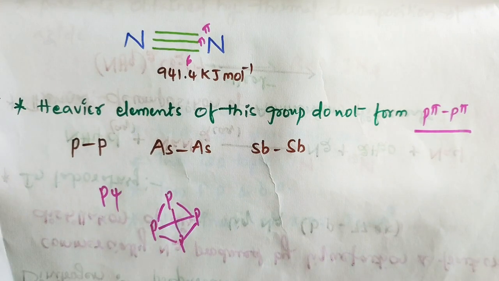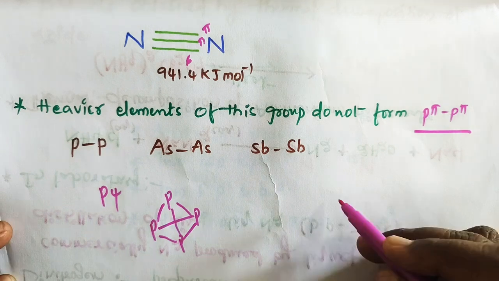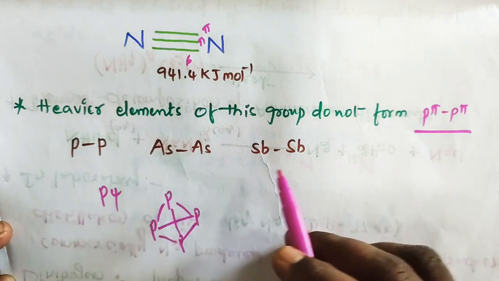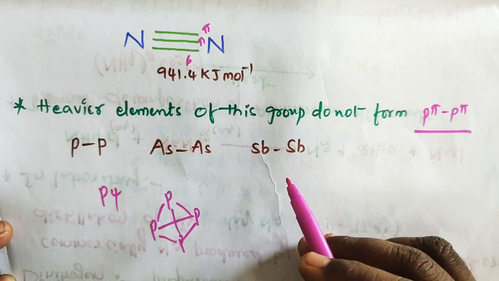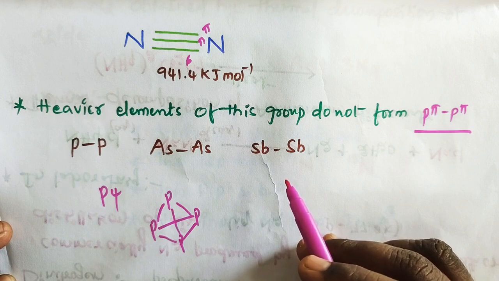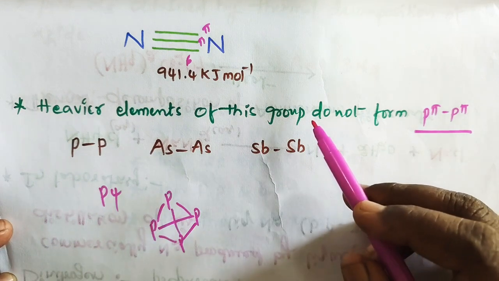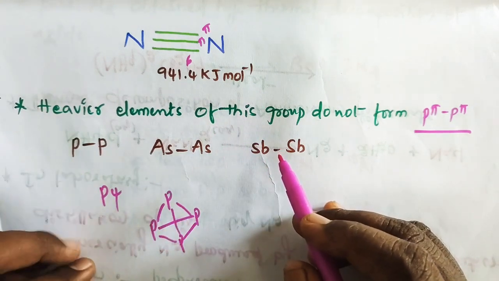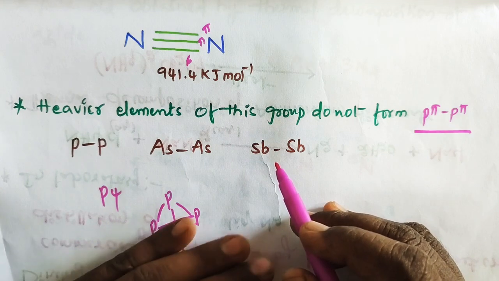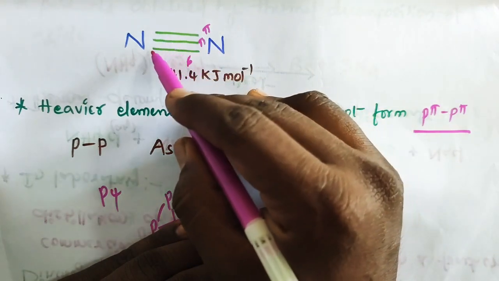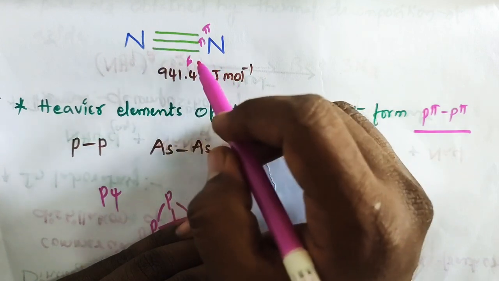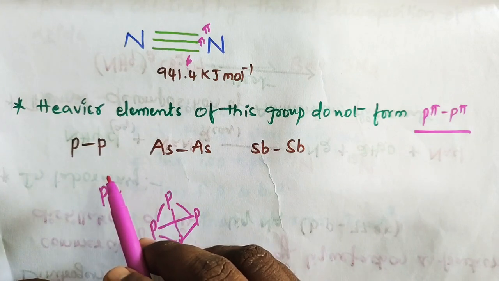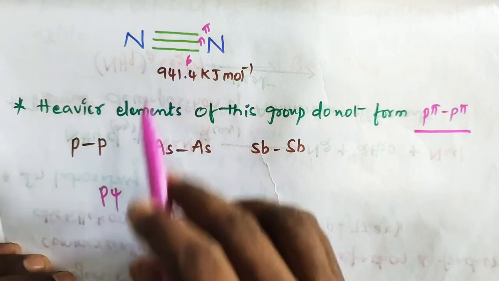Between the phosphorus atoms, single bonds are present. Phosphorus, arsenic, and antimony form single bonds, P-P, while bismuth forms metallic bonds in the elemental state. The N-N single bond in nitrogen is weaker than the P-P single bond because of high interelectronic repulsions of the non-bonding electrons. The higher interelectronic repulsions are present in the non-bonding electrons of nitrogen because of its small size, but in the heavier elements the repulsions are less because of their large size.